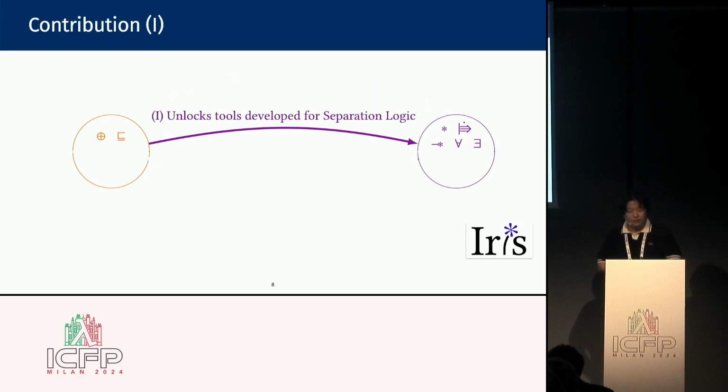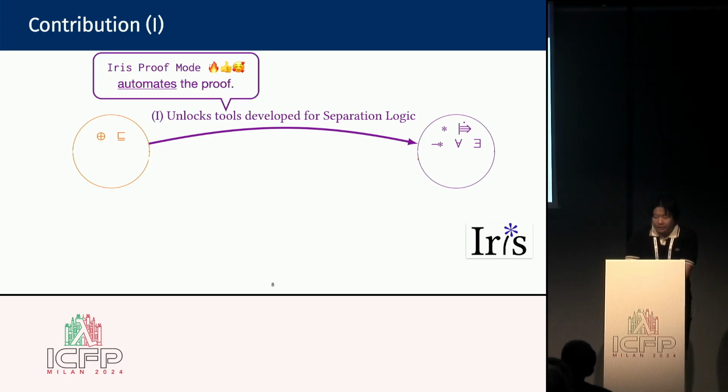The first contribution of this paper is a novel observation that common operators and their axioms in refinement framework can be soundly embedded into connectives in separation logic. In this work, we specifically focused on non-step-indexed version of Iris, since Iris has a minimal primitive connectives in its base logic. This observation is practically useful for two reasons. The first is that it unlocks the use of tools developed in separation logic for refinement composition. Specifically, this allows us to use Iris proof mode for refinement composition, and it reduces the size of the proof